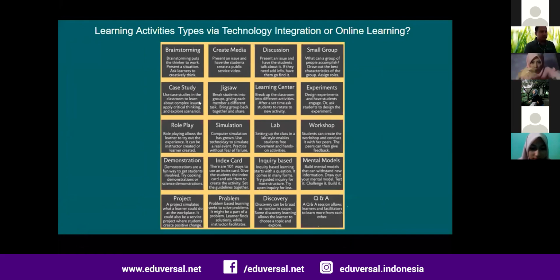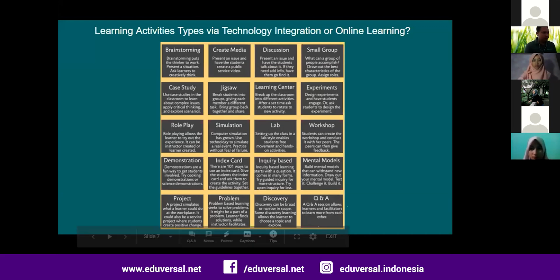There are at least 20 types of learning activity, and this can also be done using technology integration, or we can do it in online learning, but we have limitations, as you mentioned before, like the time for the online learning session itself. But these 20 types of learning activity can be done using online learning, and I want some ideas.